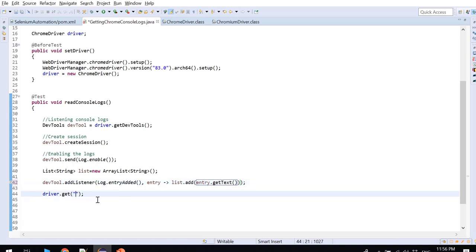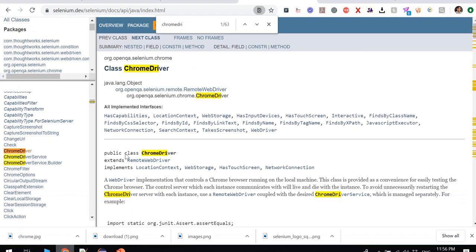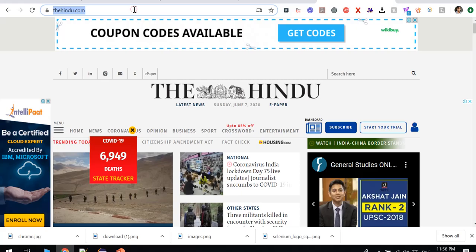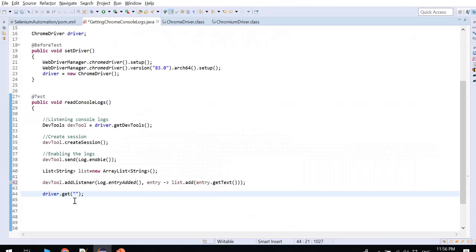Now we have to launch the browser. Which one should I use? Okay, let me take this one, the newspaper website thehindu.com.